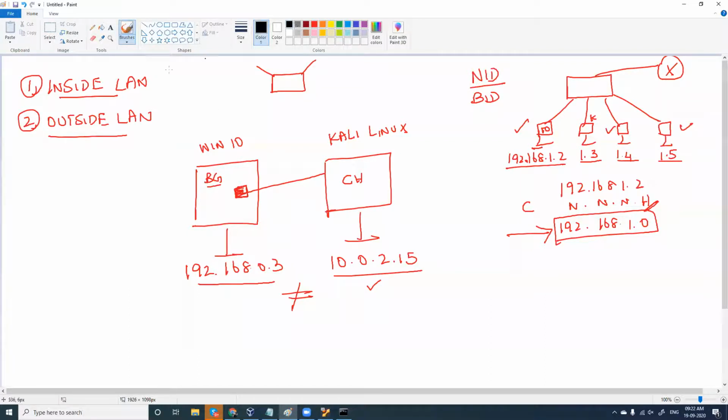So the configuration for inside LAN is bridged adapter. And if it is outside LAN, it is going to be NAT. I hope now you understand what NAT is, network address translation, right? If you want this to be out of your LAN, the configuration is NAT. You want this to be inside your LAN, then that's going to be bridged adapter, right?